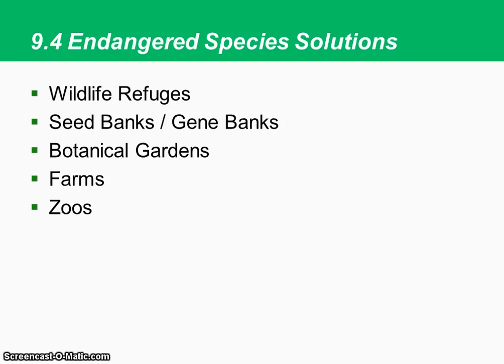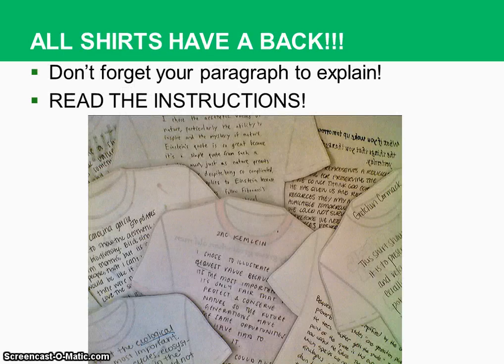So things that you need to finish up, your t-shirt, which is going to be due next week. The t-shirt itself is really simple. You do notice they are all cut out along the t-shirt and then you write on the back. So make sure you follow the instructions. I don't want you to turn in the entire page. I just want the t-shirt cut out and everything should be on it. I'm going to post these in the back of the room. I don't want them to look like pieces of paper. I want them to look like t-shirts.